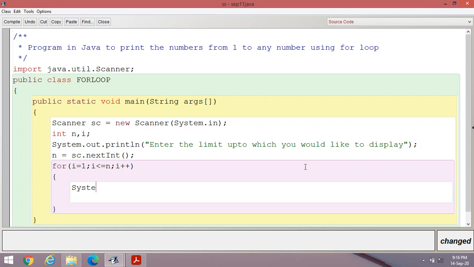Now inside this, System.out.print, some space is there, then plus i.